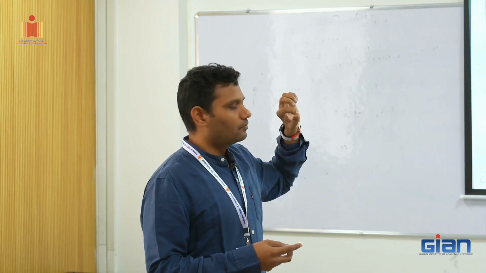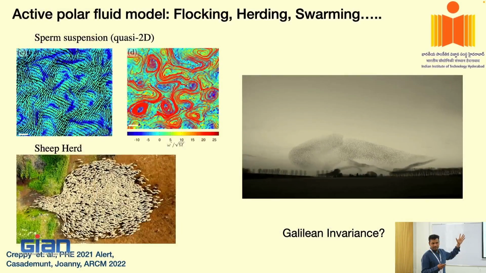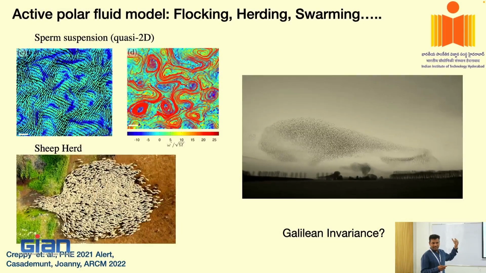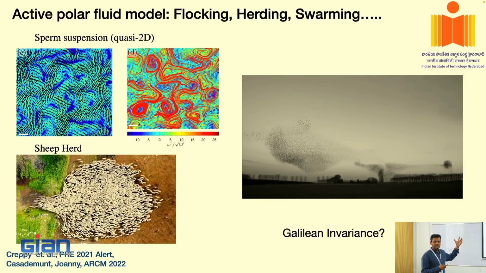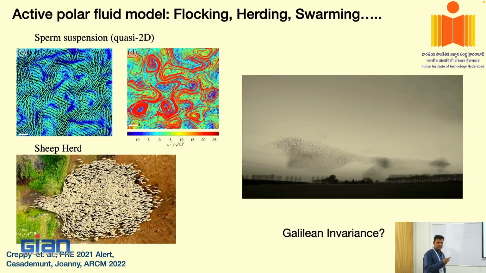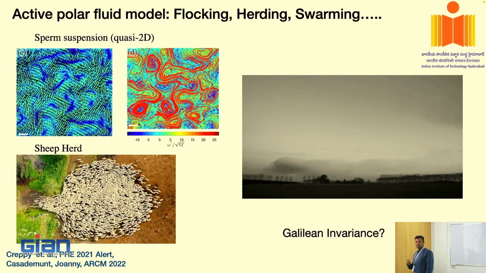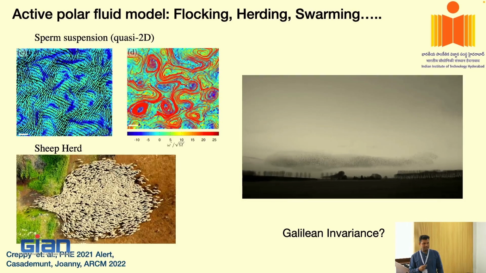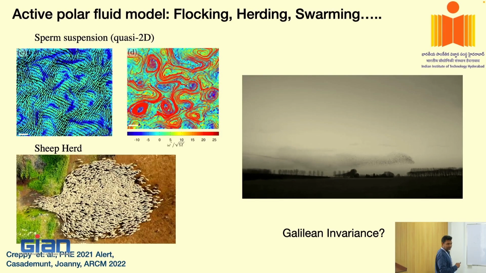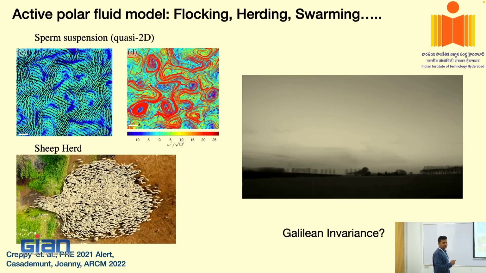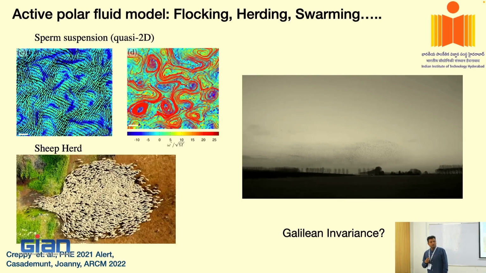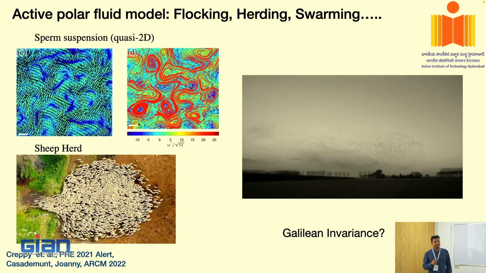But if you give them a slight push, which means if you put them in a frame of reference which has certain velocity, then what will happen? It will not break the symmetry spontaneously. It will pick the direction in which the added boost is given to them, right? So that spontaneous symmetry breaking disappears immediately, which means that the system is no more Galilean invariant, right? Whereas if you take your Navier-Stokes equation and do the same thing, you will see that it will be invariant under Galilean invariance.